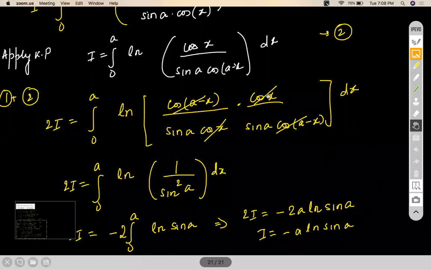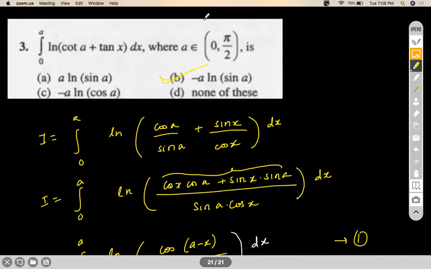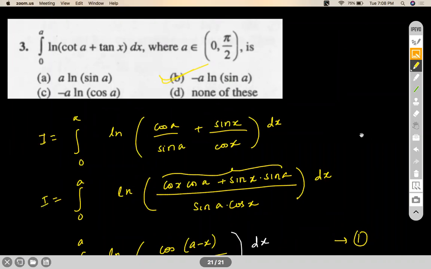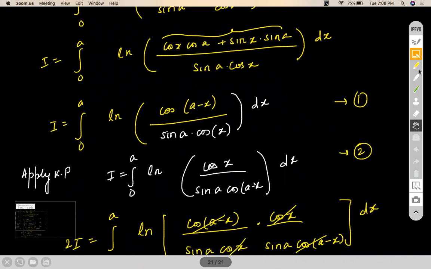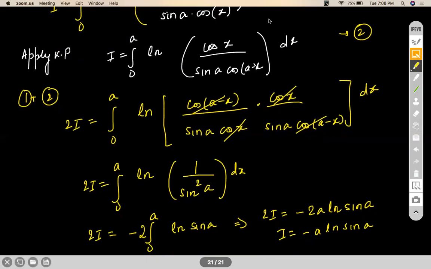Let's check which option says so. Option B. B is the right option. Let me see how many of you voted for B. Oh, maximum people voted for B. So Janta is correct. Can I go to the next problem? Done, everybody, with this? Anybody who wants to copy this, do let me know.